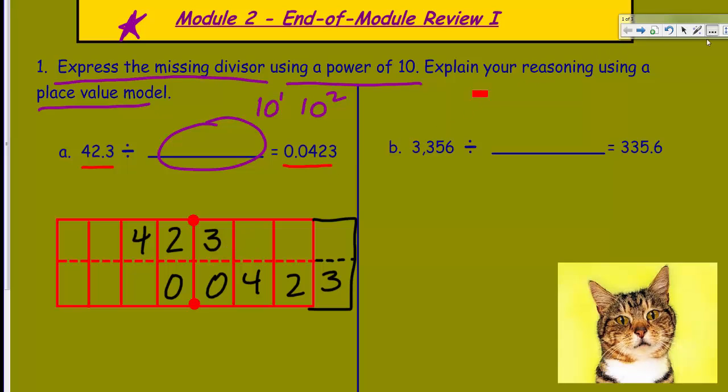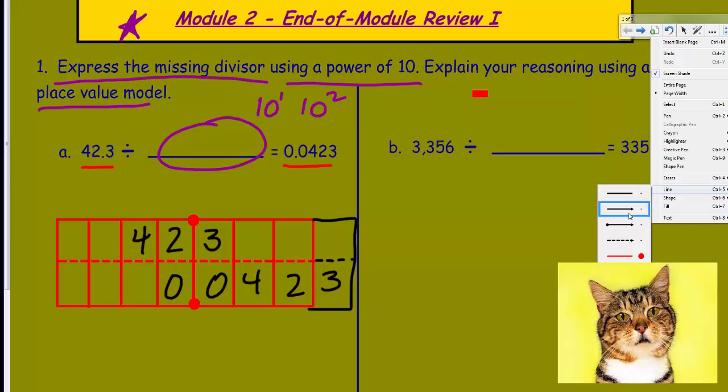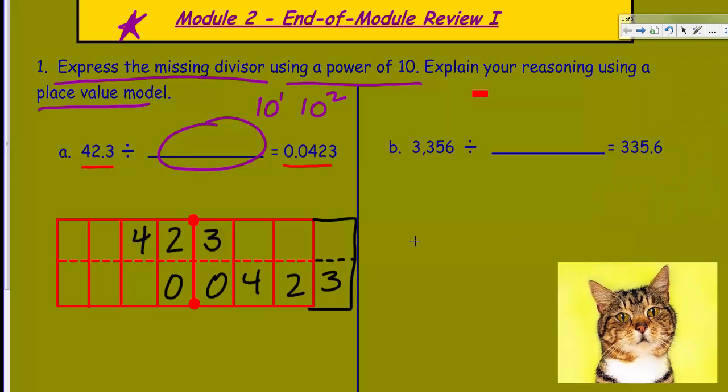So let me see if there's a way I can get some lines, like an arrow, to show the shift here, because look what's happening. You see the 3, it got shifted to here. And the 2 got shifted to there. And the 4 was shifted to here. Now, this is why we say the digits shift. If we don't move the decimal point, then it's the digits that move, and in this case, they are. But where are they moving to? Well, if you look, you can see that the 4 has moved